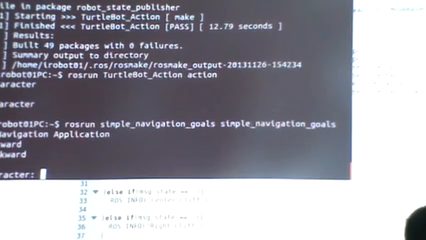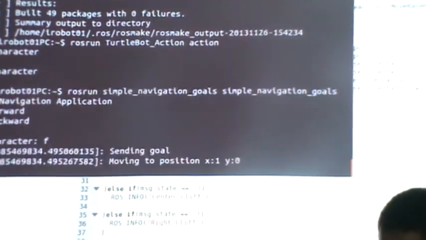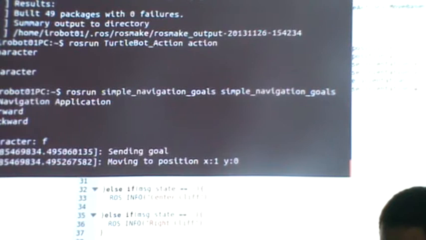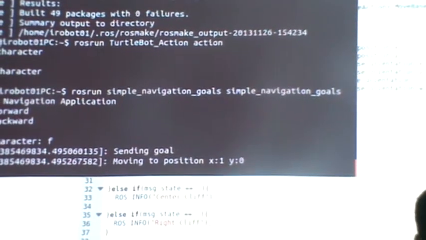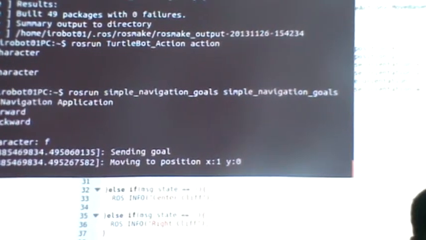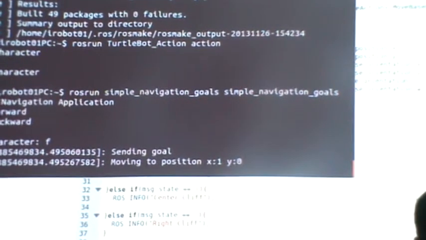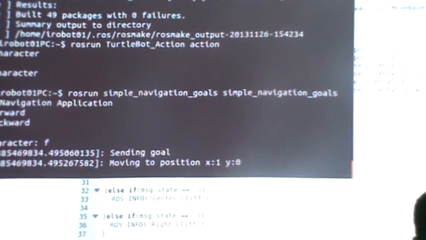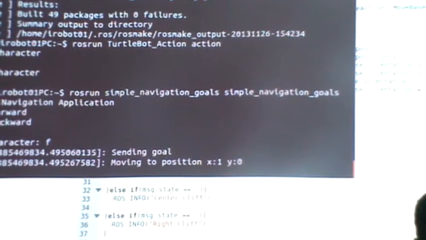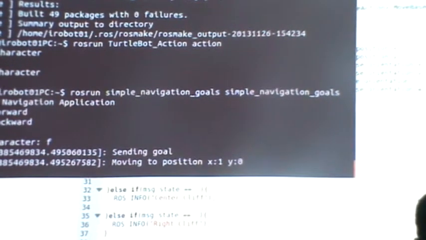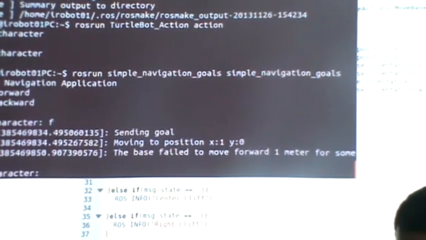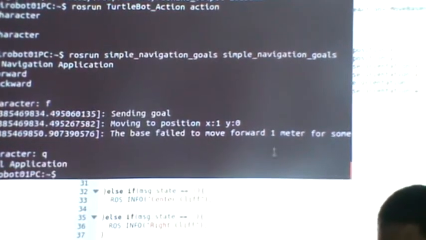This is another, it will move 1 meter. This is not our code, right?